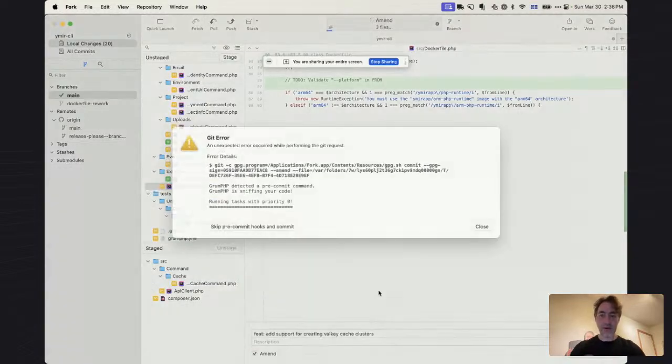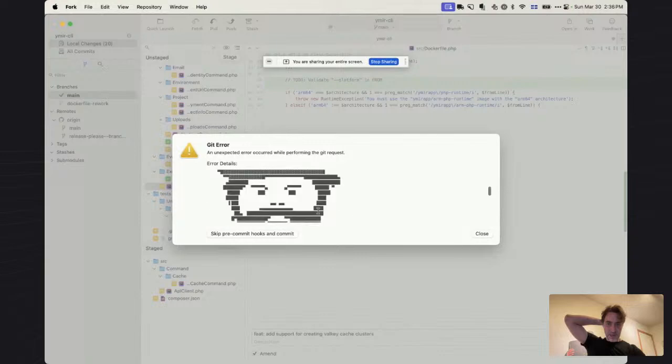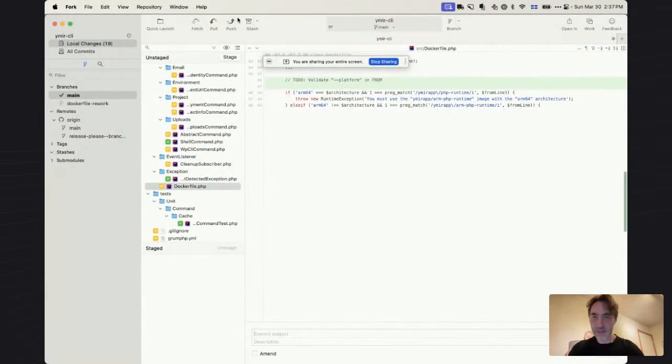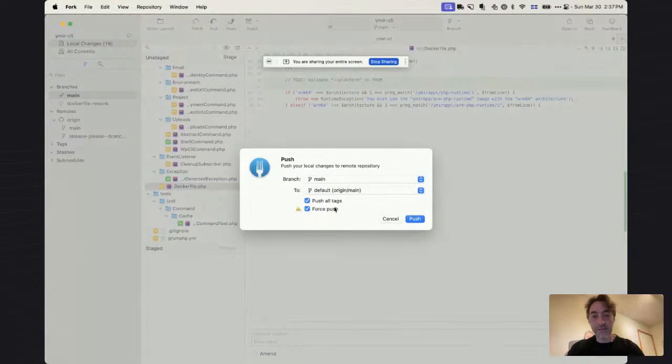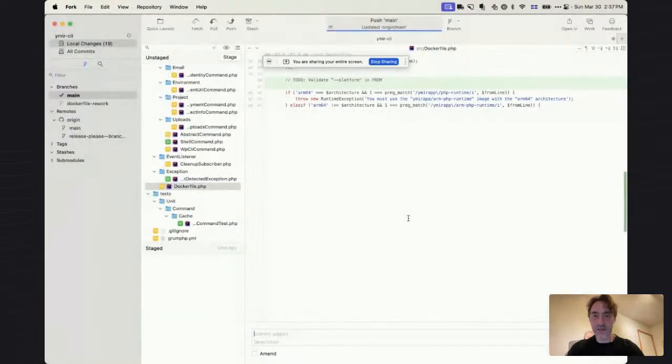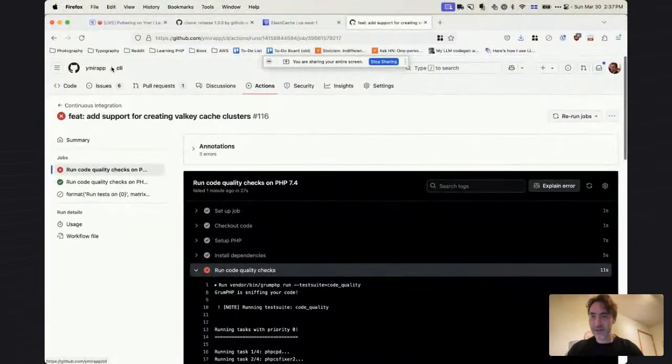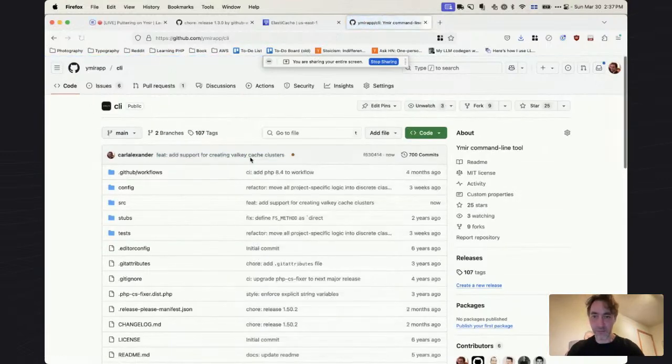But yeah, we forgot to add the API client. So this should fix it. I amend and force push. That is also not standard, but it's a liberty that I can take working for myself, and I can keep my Git history